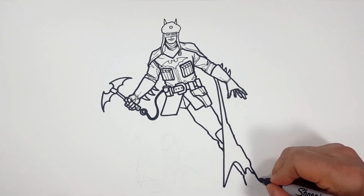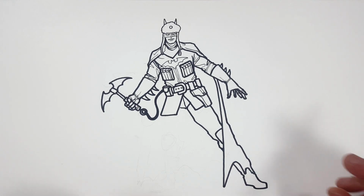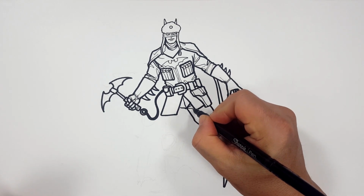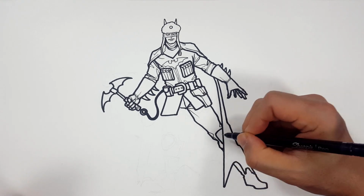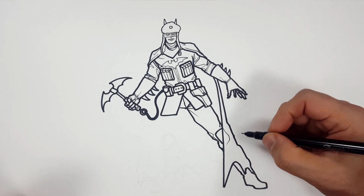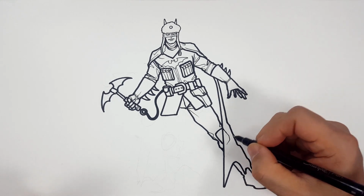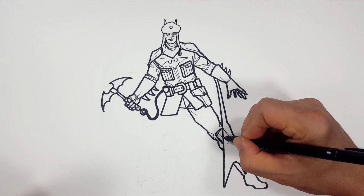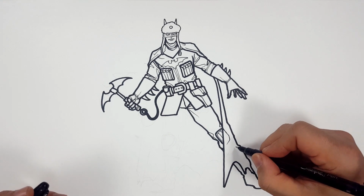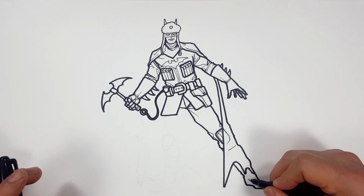There's the boot, front of the boot, and draw the side right there. And that way we can add some creases and folds to the material, the cloth, like that, just to show the bump of the knee pad. Woo, I couldn't think of the word. Like that. And again, I'm gonna add just a little bit, because we want it to show that it's there, but